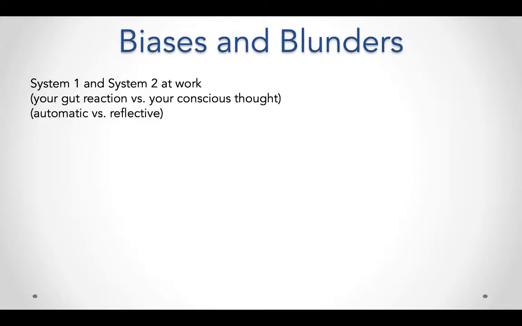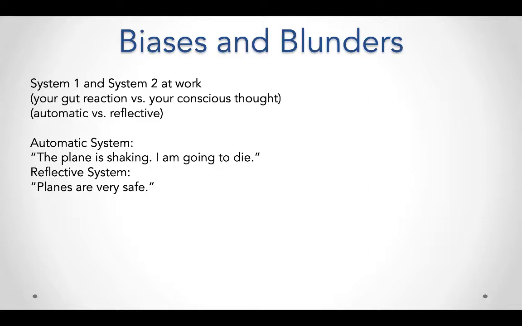System 1 and System 2, our good friends from Lecture 1, are back here. We call them gut reaction and conscious thought. We call them any way we can, but System 1 and System 2 are the most official names, as you know, automatic versus reflective and so on. So the automatic system will tell you the plane is shaking, I'm going to die, when you travel, right? This is it. It's a cohesive story. It is triggered by some kind of emotional response. And System 2 says actually planes are very safe. The probability of dying from a plane crash is very, very small. You're much more likely to die from a hot dog or